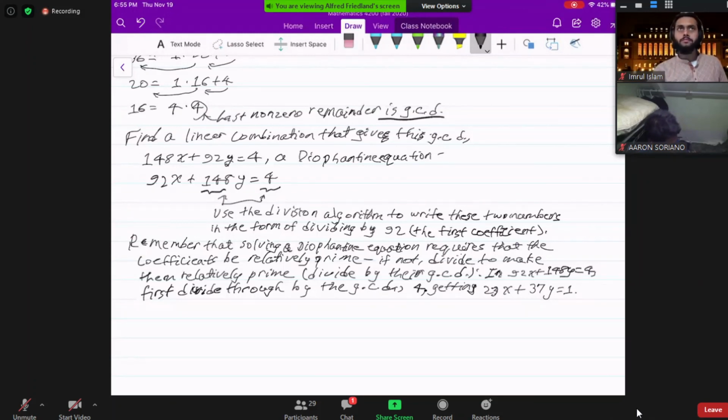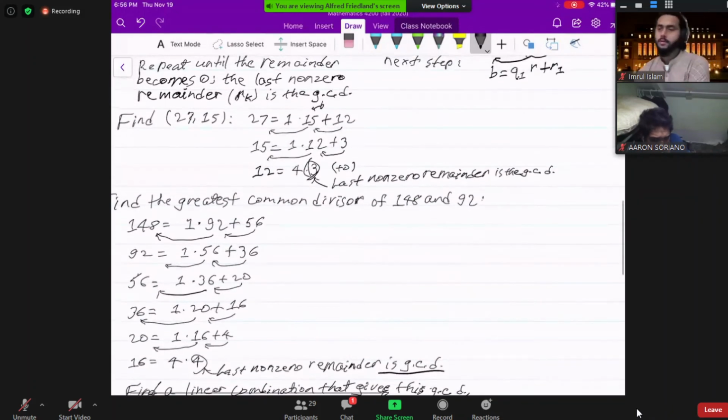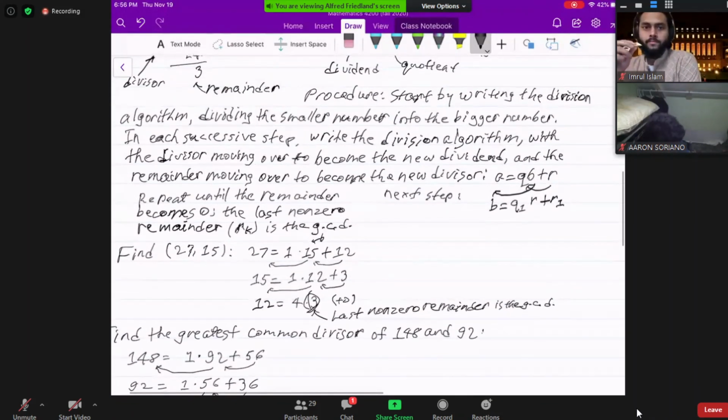Let's do one more. Let's find the greatest common divisor between 75 and 14. All right, so again, how do we do it? I summarized it back here, where it says procedure. So we start by writing